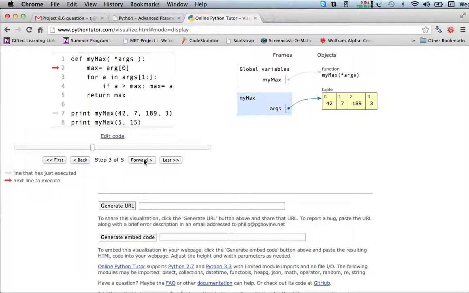So I go forward, and that pops me into my max with this set of arguments, with this tuple. You see, so it comes in as a tuple, all these numbers, even though I didn't have to put an extra set of parentheses around them. It just knew, because I used this star args notation, that I'm getting a whole bunch of arguments in a tuple here. So now I can loop through and